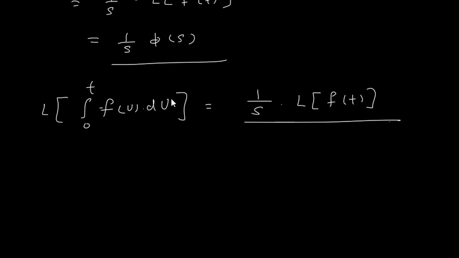Let us see a few problems based on this. If we have 2 times integration, it is 1 upon s square. When 3 times integration, it is 1 upon s cube, and so on. So the first very important question: we have to find